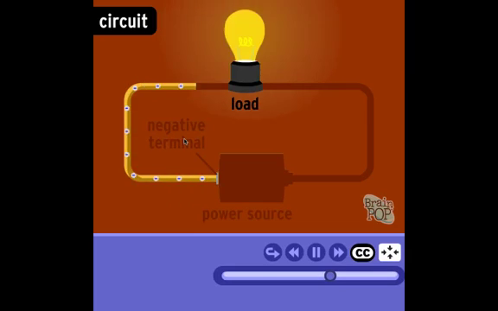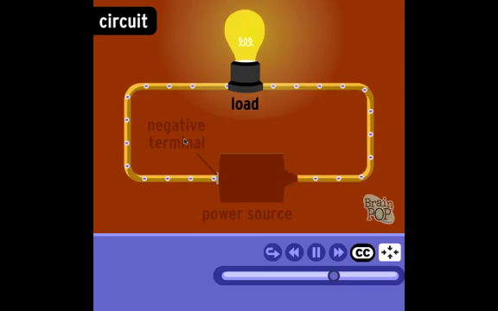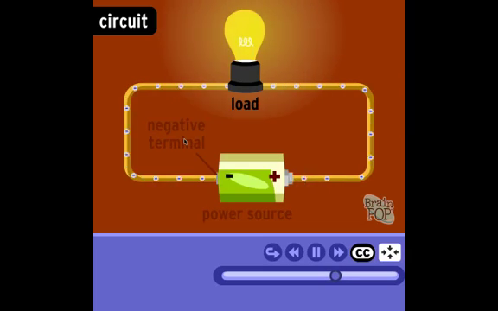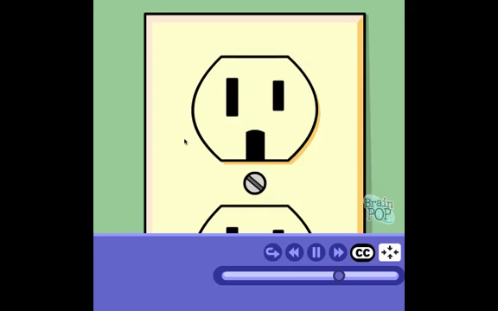Electrons flow through the device, giving it power. When they flow out of the device, they head towards the opposite side of the power source. In a battery, that's the positive terminal. In a wall outlet, that's the taller of the two slots, the neutral slot. And that's the real